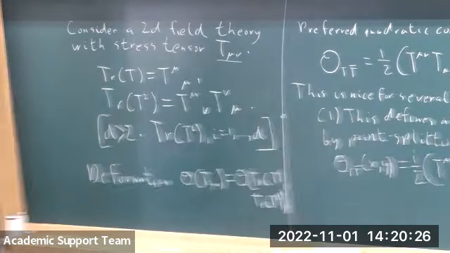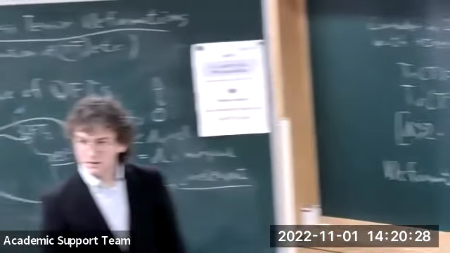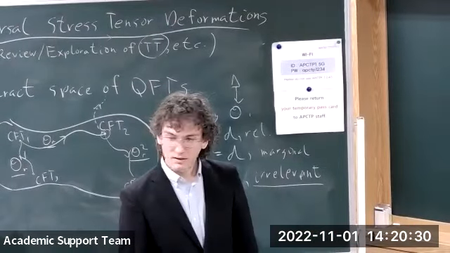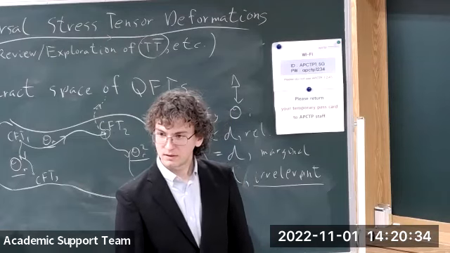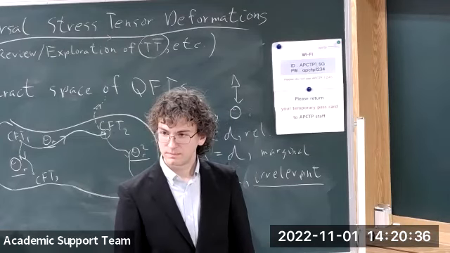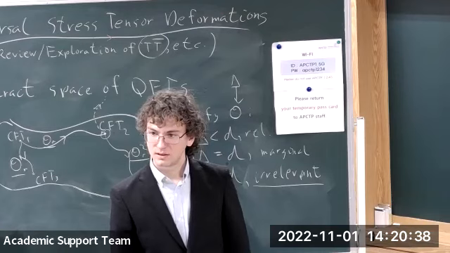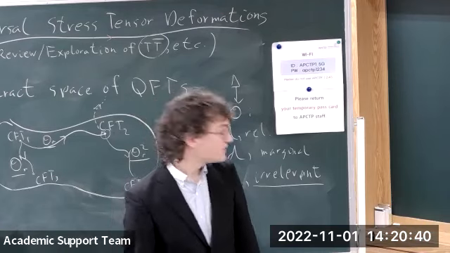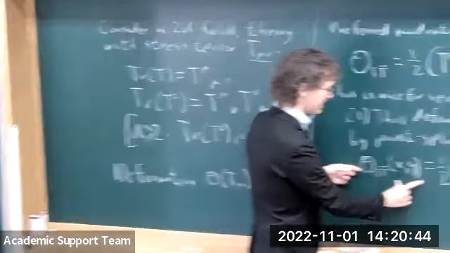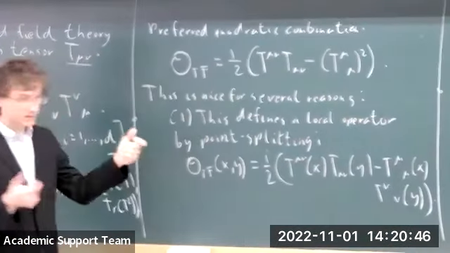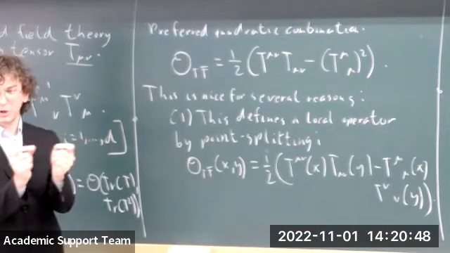So usually for the operator product, don't we define it by point splitting? At least one way of defining the product is by point splitting. Why is it special in this TT bar? Good. Yeah. So indeed, we could think of this property as, say, taking the OPE of this particular combination of stress tensors and then looking at the coincident point limit.